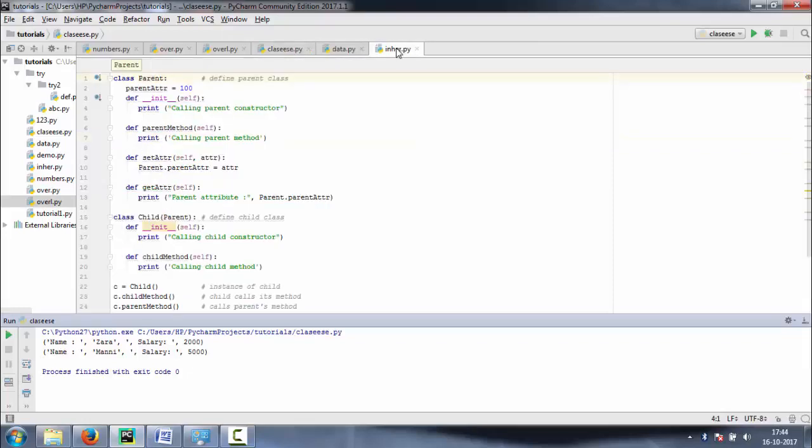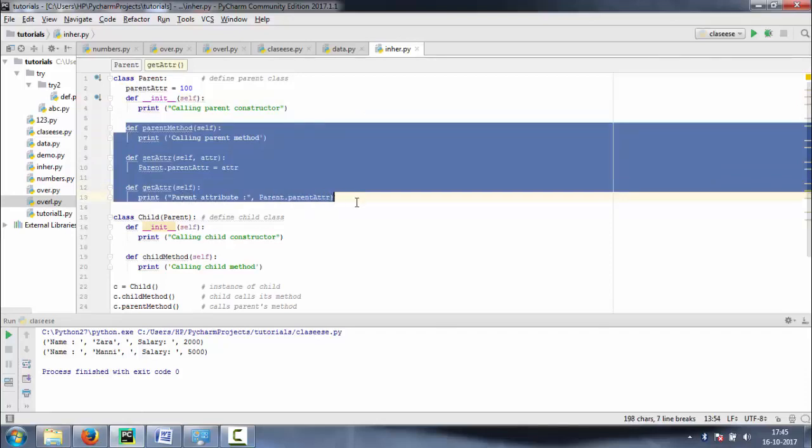And now I will explain how to implement class inheritance in PyCharm. This is a parent class, and it starts with the class keyword, then the name of the class, attributes, and a constructor to initialize the object, and these are user-defined functions.